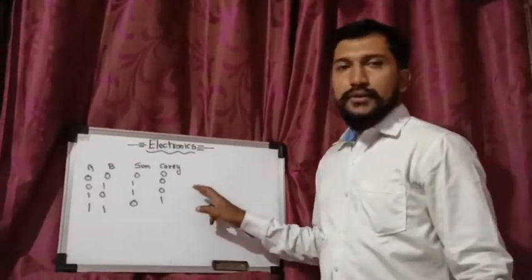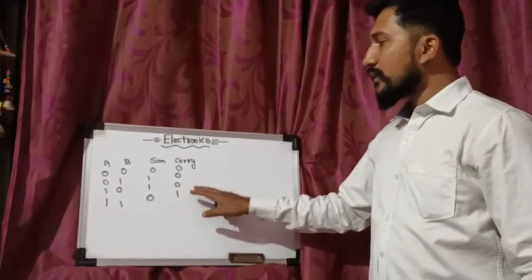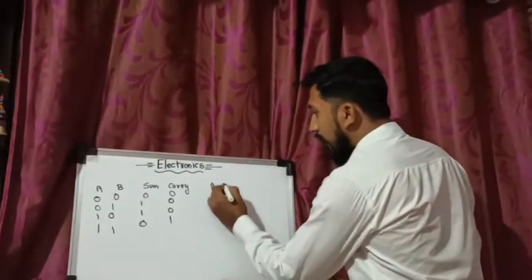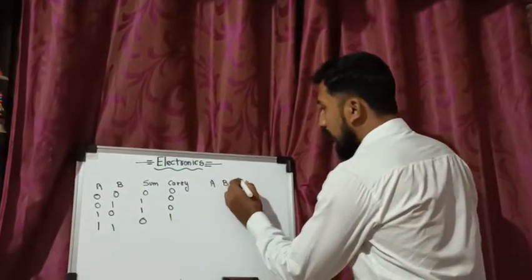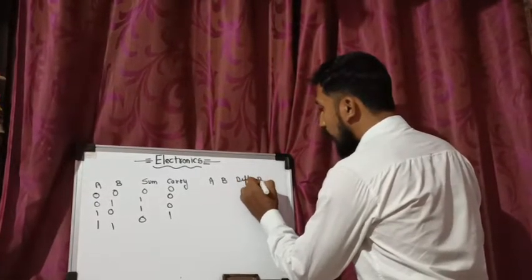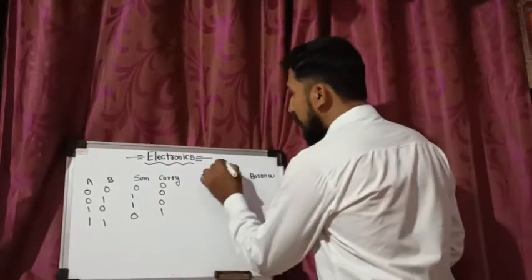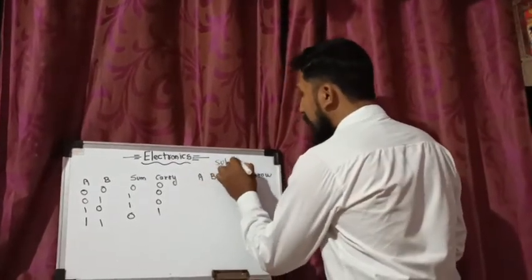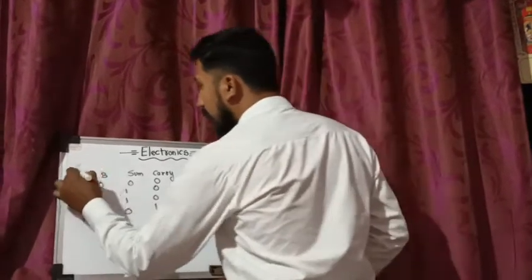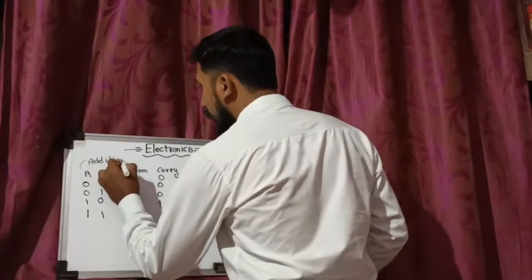So why do we need these rules? We need these rules for carrying out binary addition as well as subtraction. So what are the rules for binary subtraction? Again we will have A, B. Here we will have difference and borrow. So here we will be doing subtraction, which is binary, and here we will be doing addition, of binary numbers.